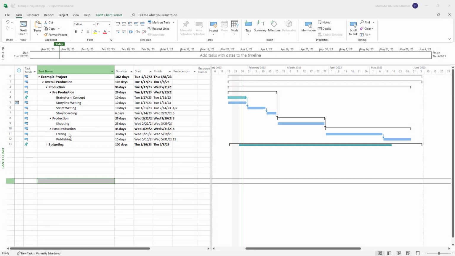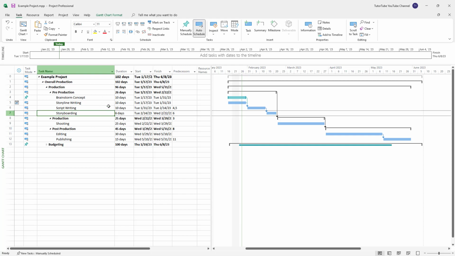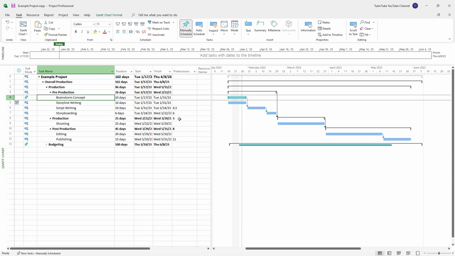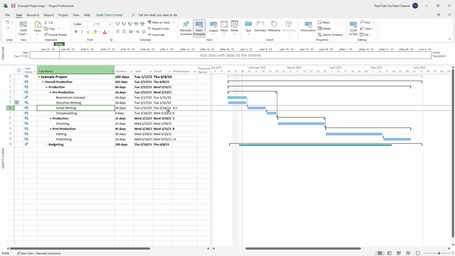So over here you can see that I have a bunch of tasks and they are linked with one another over here in different ways. For example, you can see that the brainstorming concept and the storyline writing is connected to the script writing, and then that is connected to the storyboarding right here. So now what you're seeing is one type of predecessor setting where the end connects on to the beginning of